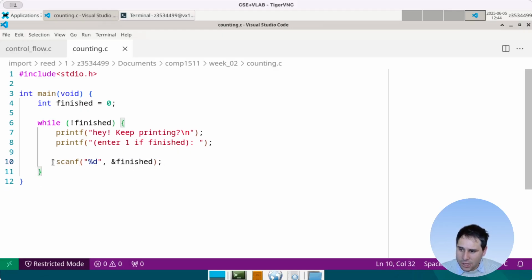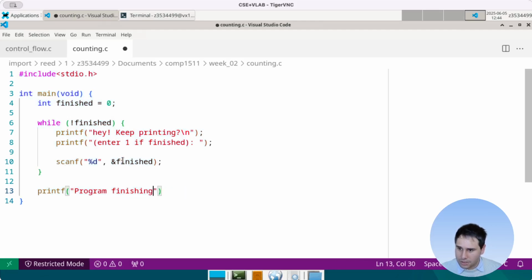Now, if the user scans in the integer 1, we'll come over and finish the block. Remember, when a while statement ends, we come back to the condition and we flip the 1. So that'll flip to 0, and then that'll be while false, and then the program will end. We can put a printf here to say program finishing up, \n. So this is really cool because it lets our user